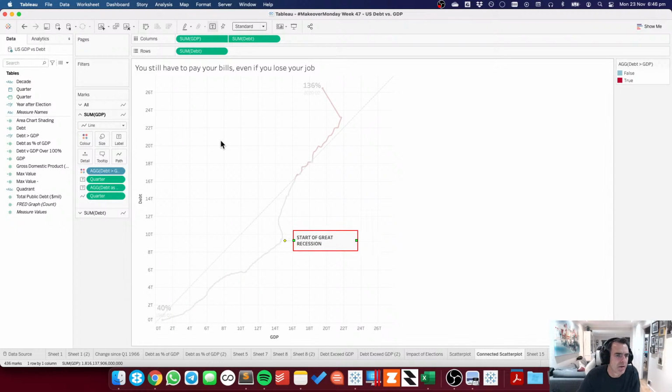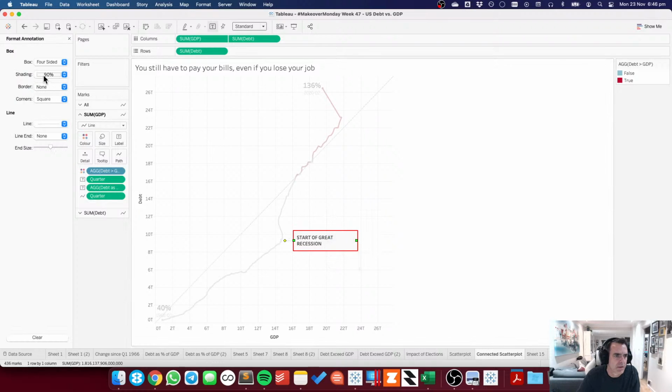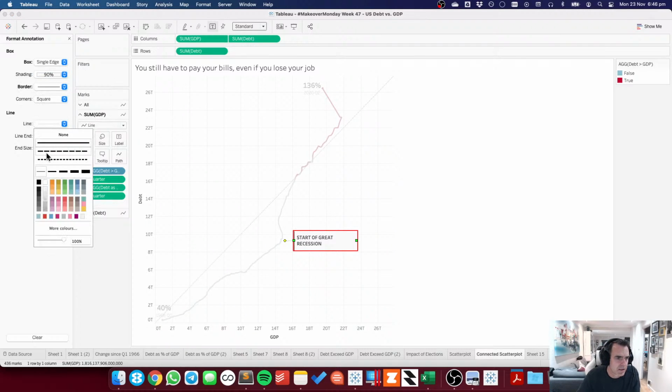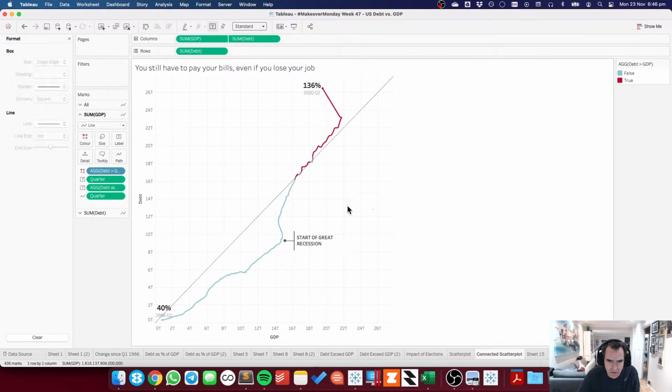Okay, and then I will format single edge. Let's make that a strong edge line end. Maybe we'll do something like that. A dot and no shading. Okay, so we get something like that, start of the Great Recession. And then this would be COVID.